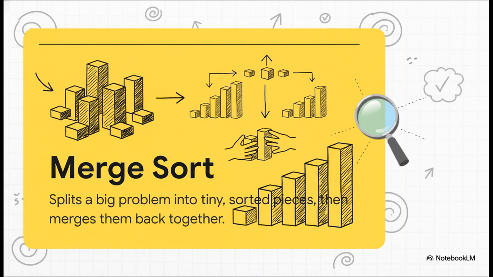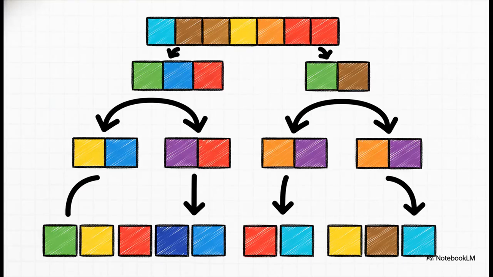It splits the list in half, then splits those halves in half again, and it keeps going until it's left with a bunch of tiny lists with just one item each, which are, by definition, already sorted. And then the magic happens. It starts merging those tiny sorted lists back together. It takes the 88 and the 72 and merges them into a new sorted list, 72, 88. It does this all the way back up the chain, masterfully combining sorted pairs into larger and larger sorted lists, until, boom, the entire array is perfectly in